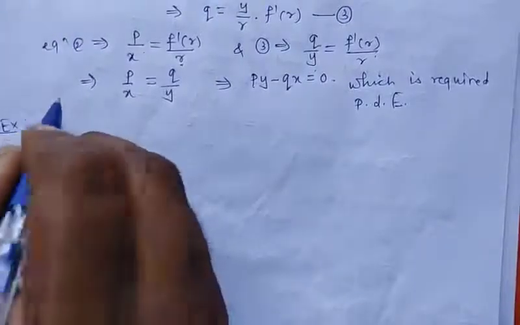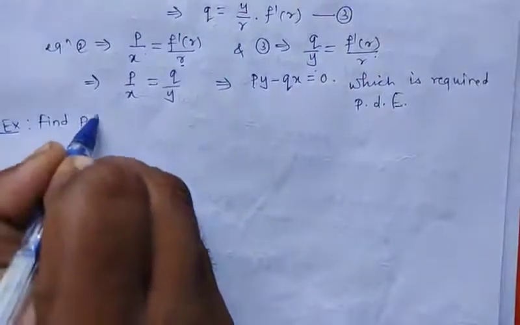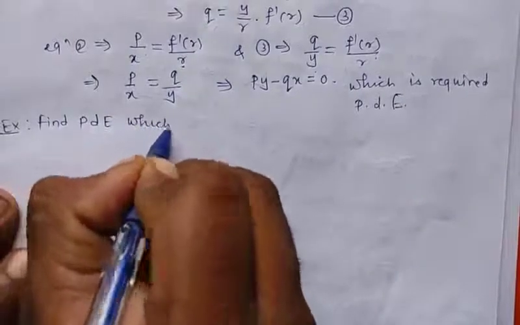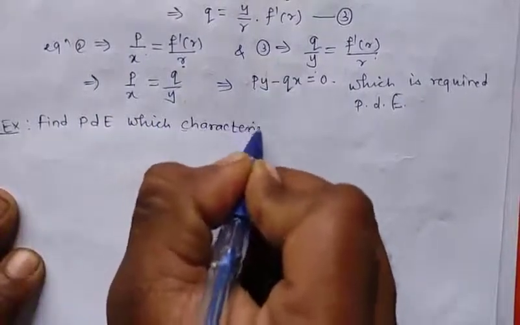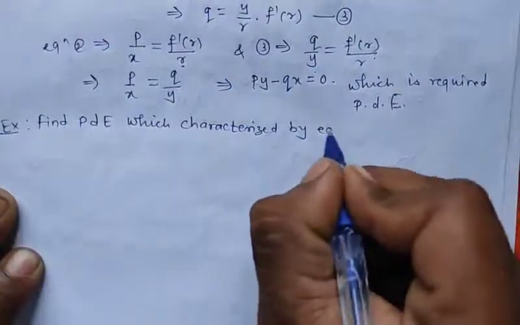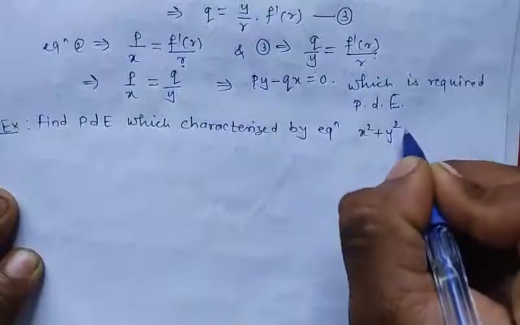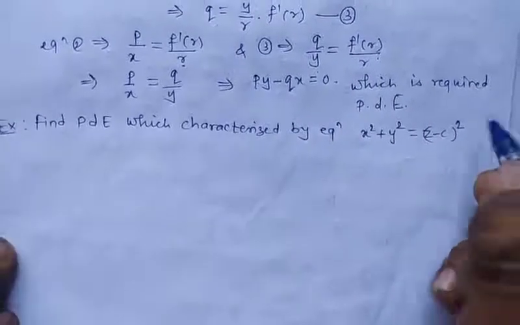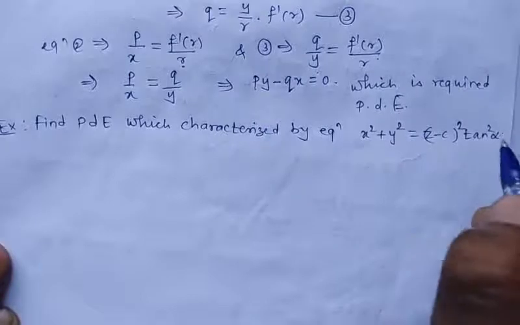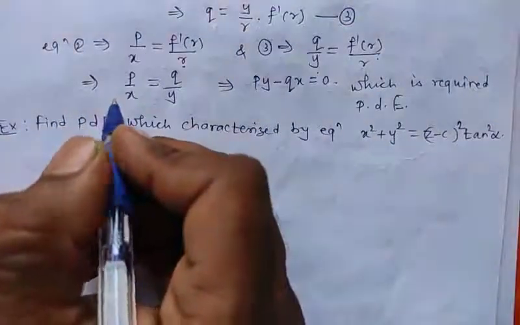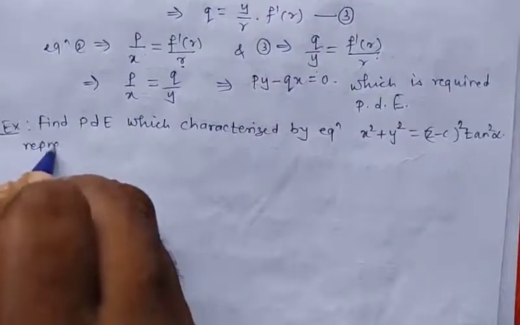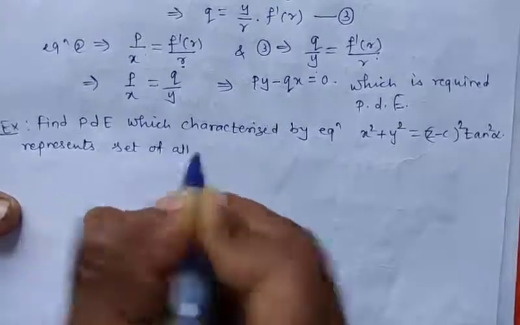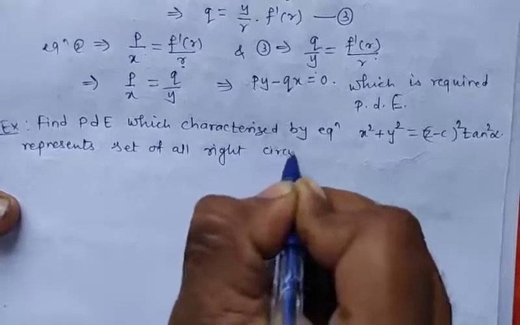Another example: find the partial differential equation which is characterized by the equation x square plus y square is equal to (z minus c) whole square into tan square alpha, which represents the set of all right circular cones